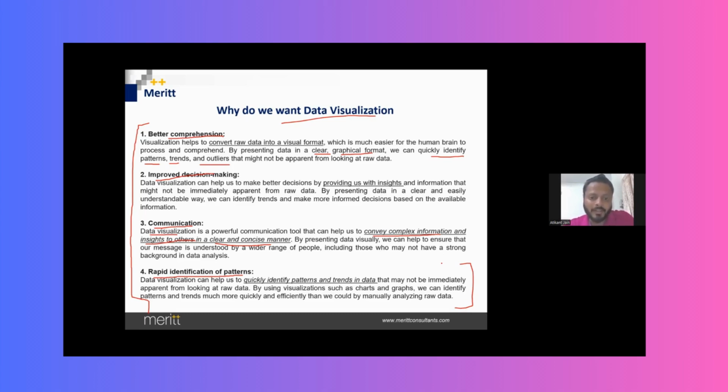Tableau and Qlik Sense are different tools, but it is up to you which tool you want to learn. You should stick with one tool because the outcome, the expectation, would be the same. If we are analyzing the data and integrating it with Power BI or with Tableau, the output will remain the same. Maybe the visualization style and pattern might be different, but the outcome will be the same. But as of today, if we see the trend,